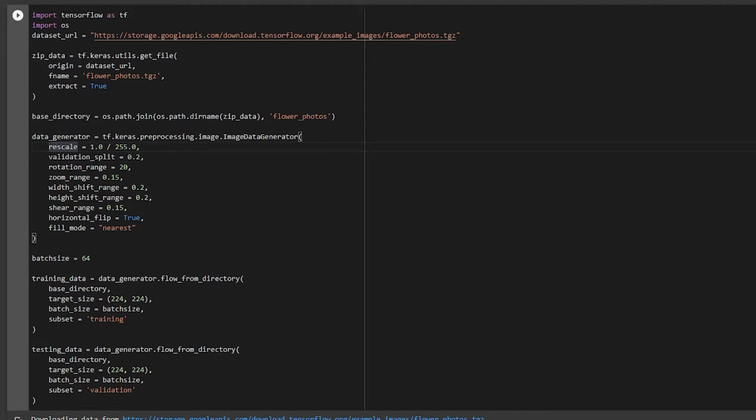First I am rescaling over here. Then I am performing the validation split. This split has 20% of my testing images. We have somewhere around 3800 images, out of which 20% will be given to the testing. Then I'm rotating the images, zooming in, and playing with the shifting range, shear, and horizontal flip. These are all the image processing basics, where you can create different augmented data which is decent to handle.